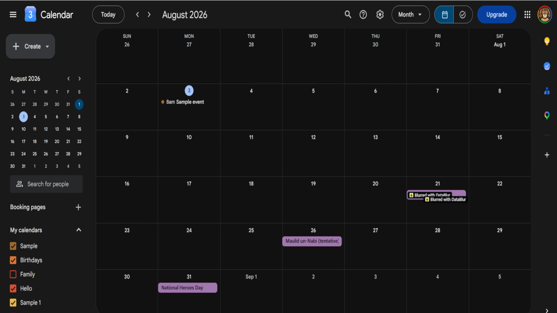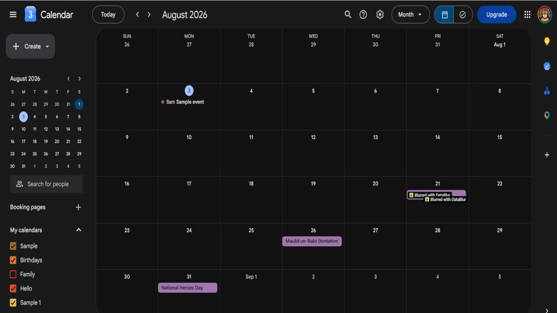In today's video, I'm going to teach you how to get more colors on Google Calendar. If you want your calendar to feel more organized, more personalized, or just a little easier to scan at a glance, adding custom colors is a great way to do it. Google Calendar gives you a set of default color choices, but you're not limited to only those built-in options. You can actually add your own custom color using a hex code, or by choosing one manually from the color